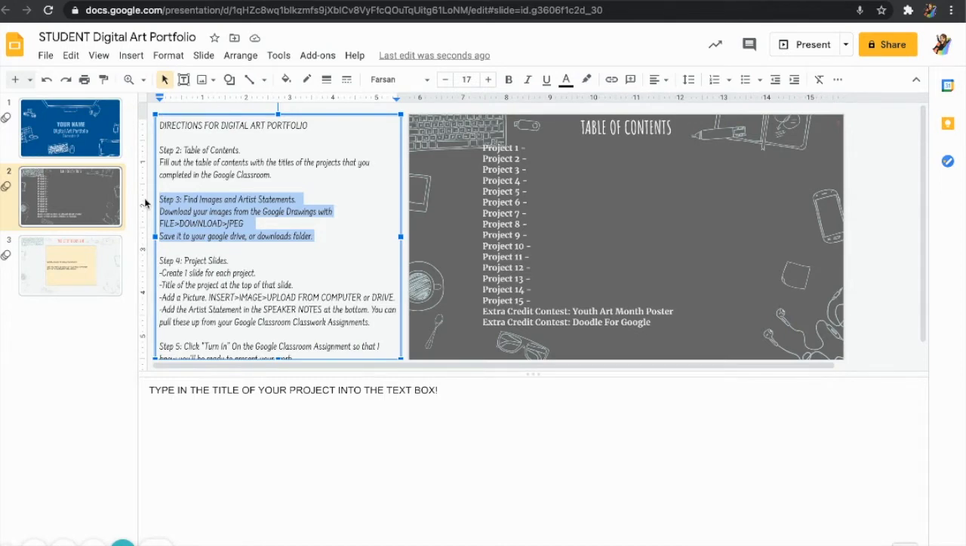You need to download your images from the Google Drawing with File, Download, JPEG. You need to save it either to your Google Drive or to your Downloads folder. If you have stuff in your Downloads folder, you can put it on your Drive, depending on what device you're on. I know some people are using the Chromebooks. Some people are using their desktop computer. Some people are using their personal laptop. Whatever device you're using, you still have to download the image